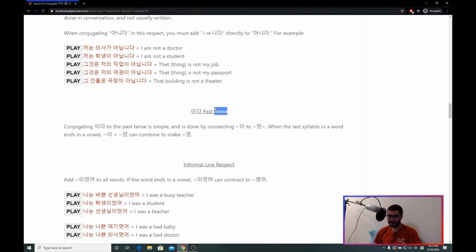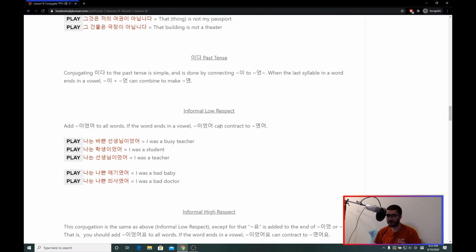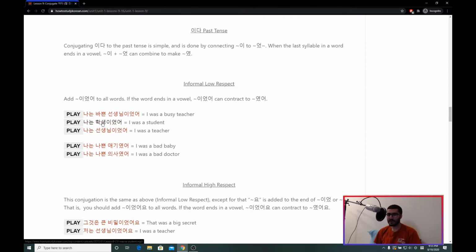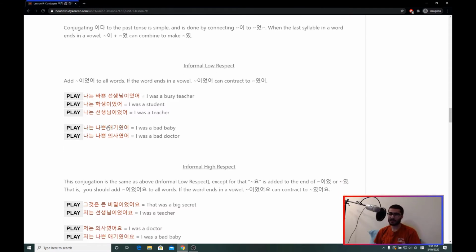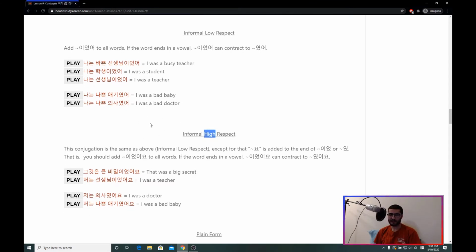Alright, in the past tense, 이다 becomes 이었다 or 였다. So, 학생이었어. Well, depending on the formality, right? So, low and informal, 선생님이었어, 선생님이었어요 for informal high respect. And then if we're going to combine, so like 애기였어 instead of 애기이었어,